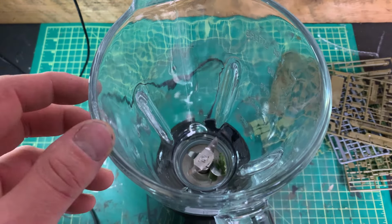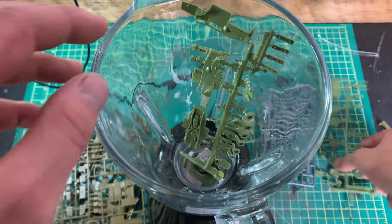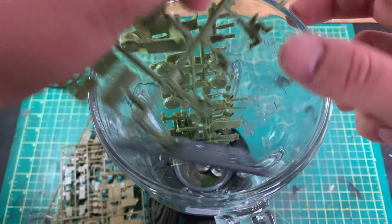You are back here with Jeremy, also known as Build, and we are back for a blowing up a mech build. So the first thing you're gonna do is take all the parts that you need, put them in a blender, and what's actually gonna happen is we're not gonna blend them, but it did give me an idea